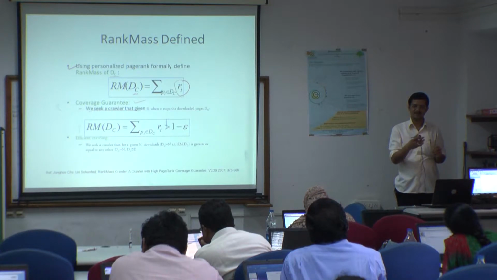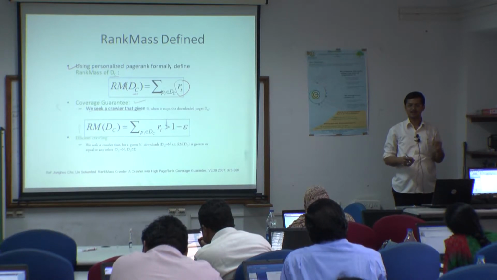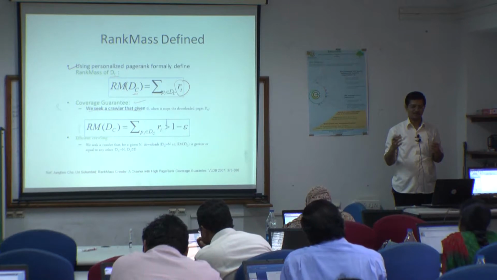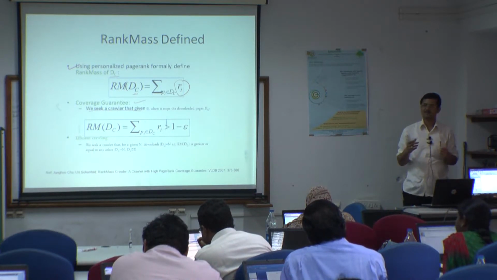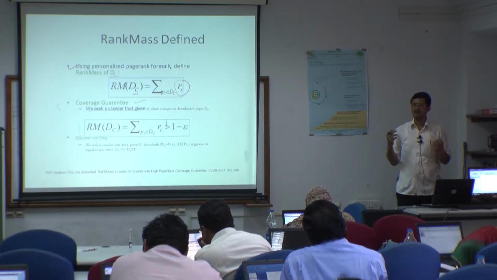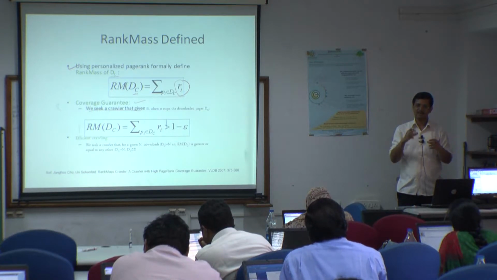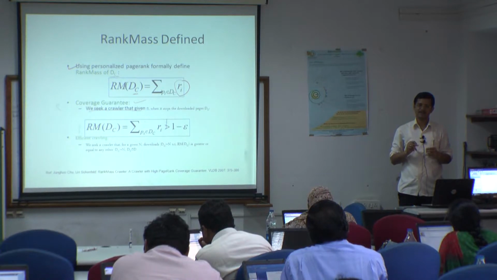Here personalization is defined by using some initial root words related to a seed word. For example, if you are going to calculate the rank mass for documents related to football, then you may have some seed keywords related to football, and for cricket you may have some seed or root words for cricket related web pages. Based on those seed words you can